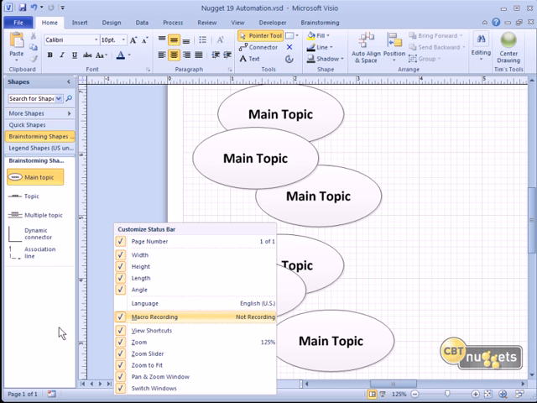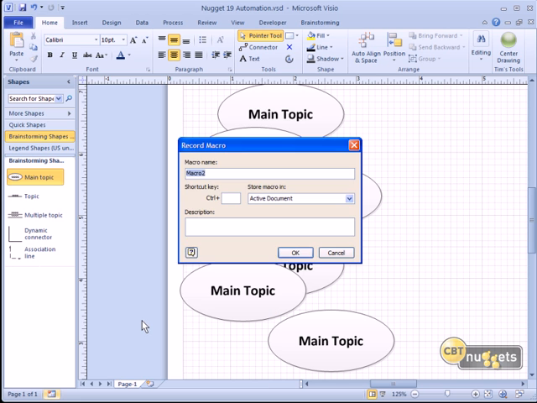I'm going to turn the macro recorder back on and give it a click. This invokes the record macro dialog as we saw. We want to give the macro a descriptive name. You can't use dots because dots are reserved in programming languages like .NET and VBA. I would suggest you use camel case. So I'm going to call this orientation and center. Camel case is where we capitalize each significant word in the name.